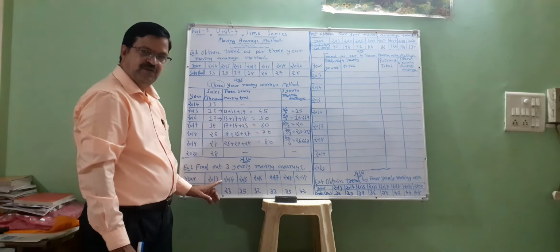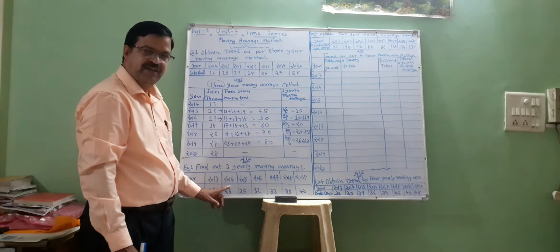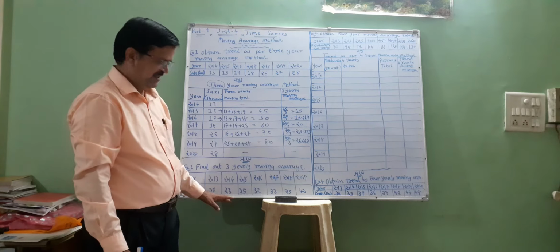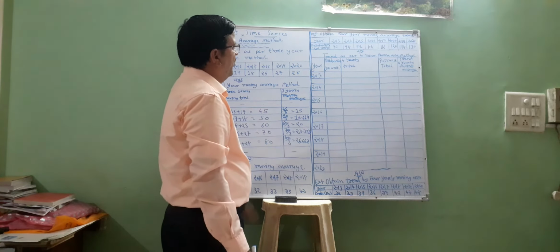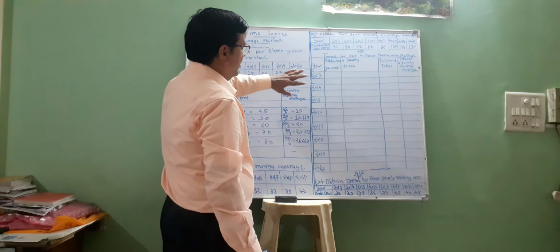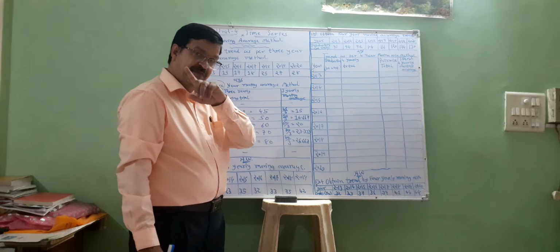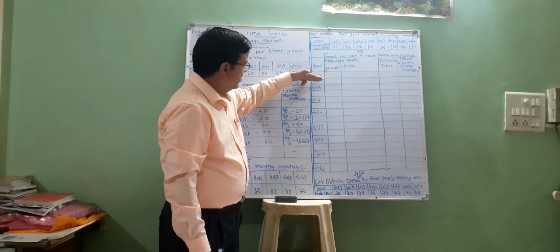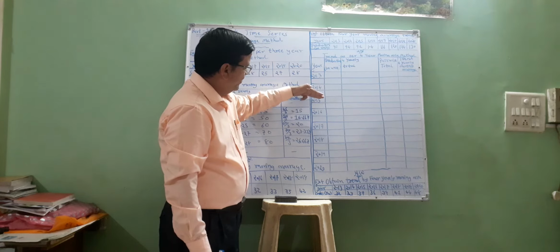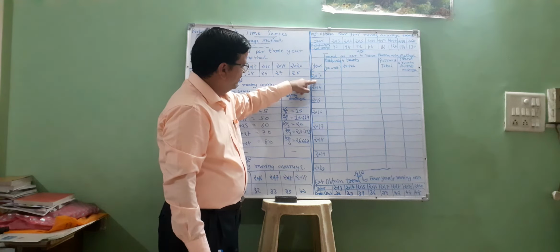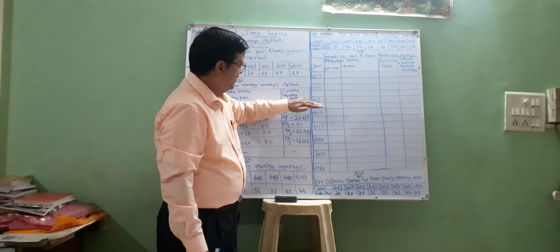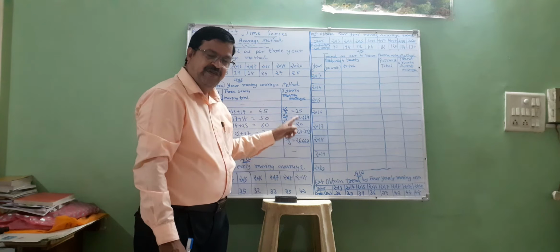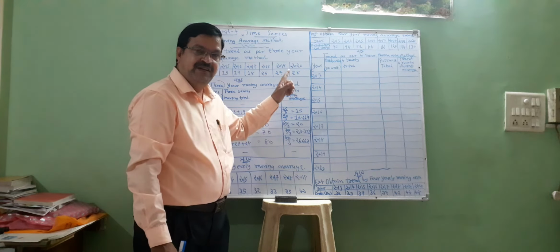Now do this example in the same way. If any problem, please call me back. Now 4-year moving average method. In 4-year moving average, friends, remember one thing. You have to take gap between every 2 years. So 2013, 1 year gap, 14, gap, 15, then gap, 16, gap. In 4-year moving average, you have to maintain gap between every 2 years.